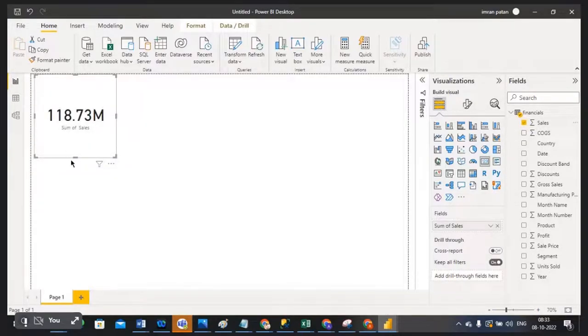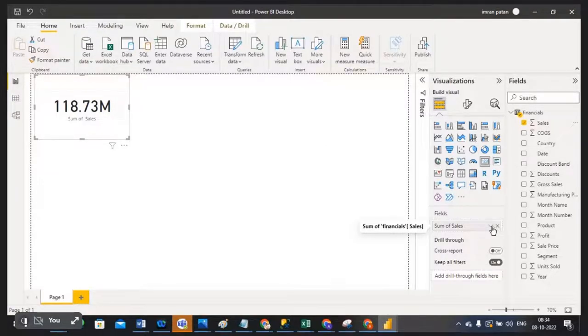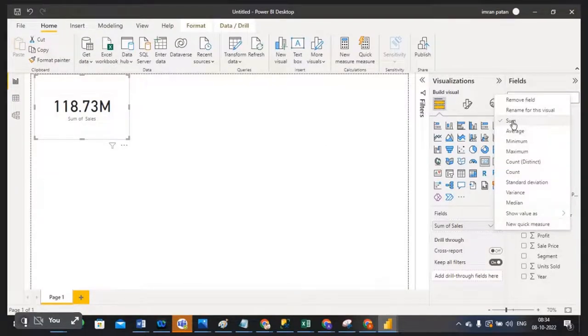So this is my total sales. If you see here, the right side is showing sum of sales. So my sales is sum only, always. This many sales happened. Now